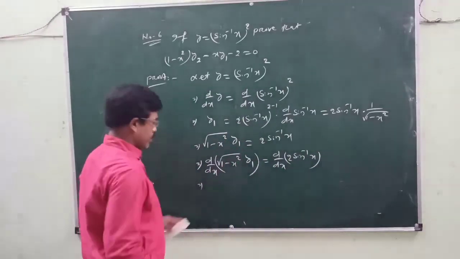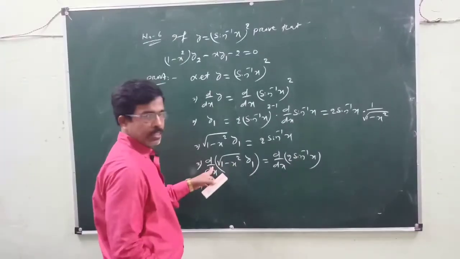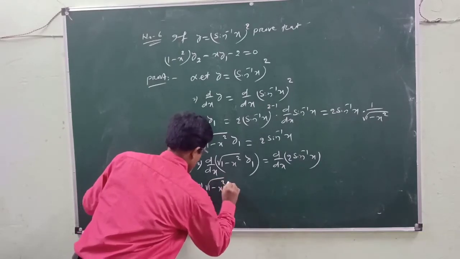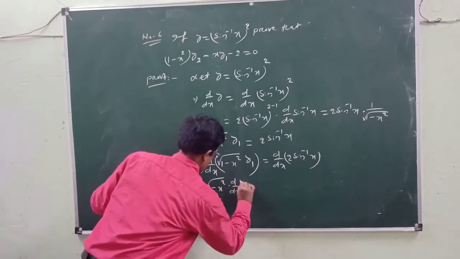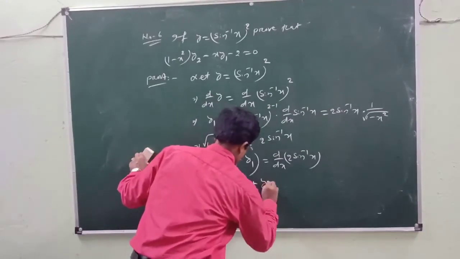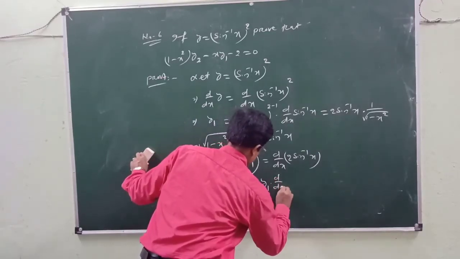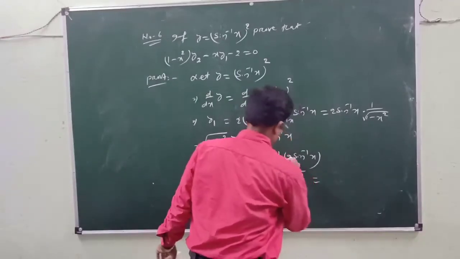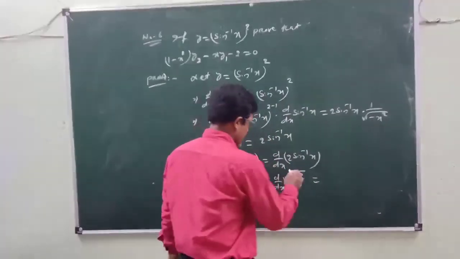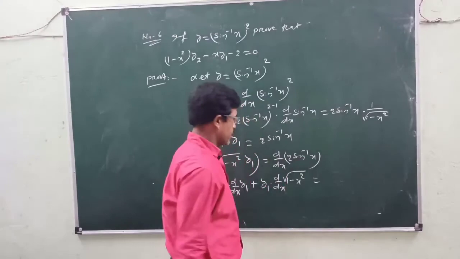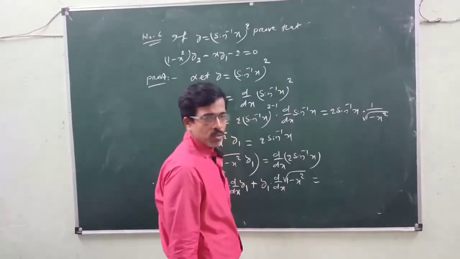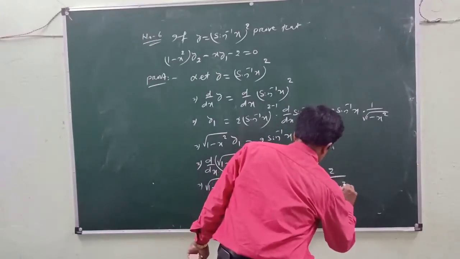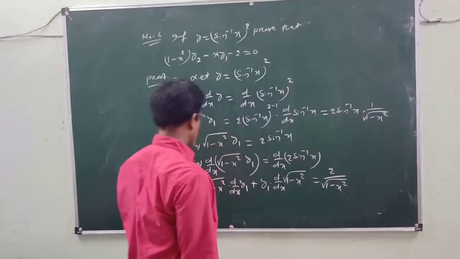It is the product formula, that means for the product of two functions you take its derivative. So it will be square root of 1 minus x square into d by dx of y1 plus y1 into d by dx of square root of 1 minus x square. Here 2 is constant, you take it outside of the derivative, then only the derivative of sin inverse x, so it will be 1 by square root of 1 minus x square. So total value will be 2 by square root of 1 minus x square.